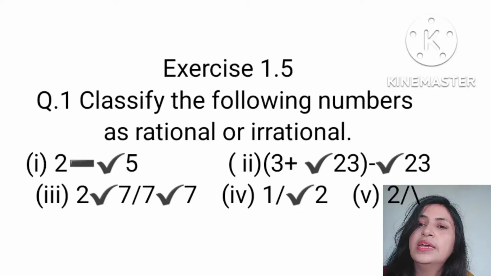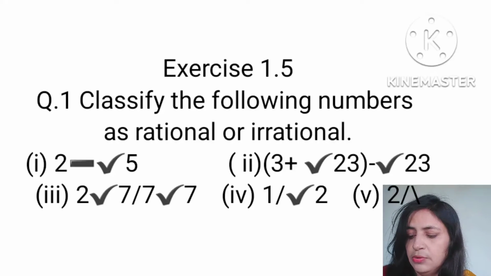Here we get 3. 3 is a rational number, so the answer is rational, because plus square root 23 and minus square root 23 cancel, and so it is only